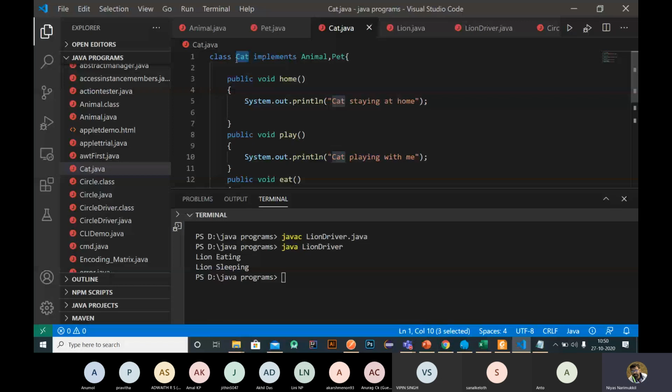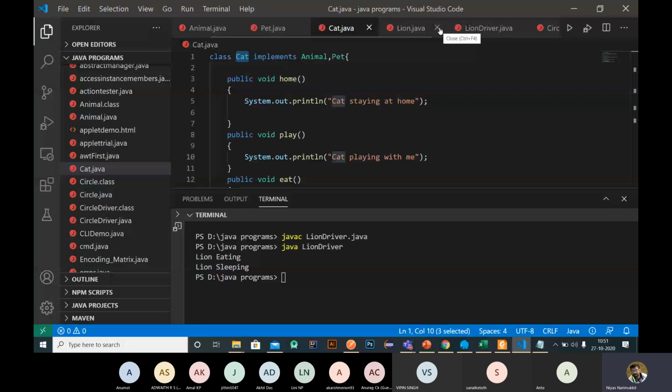Extends is used for inheritance, but it is not able to inherit properties from more than one class. Okay, but we can use the concept of interface, and we can use the implements keyword to implement more than two, or any number of, interfaces like that.